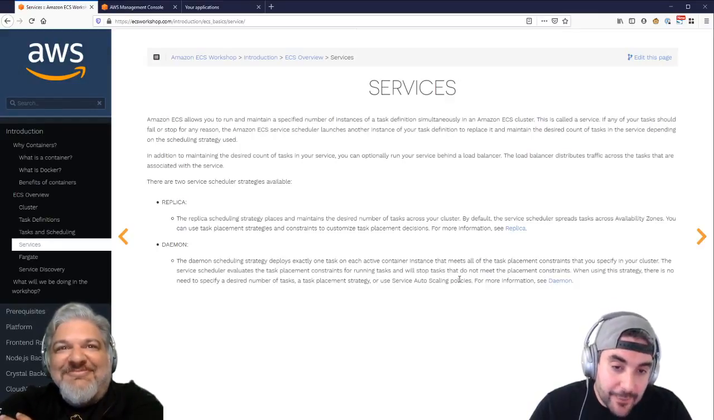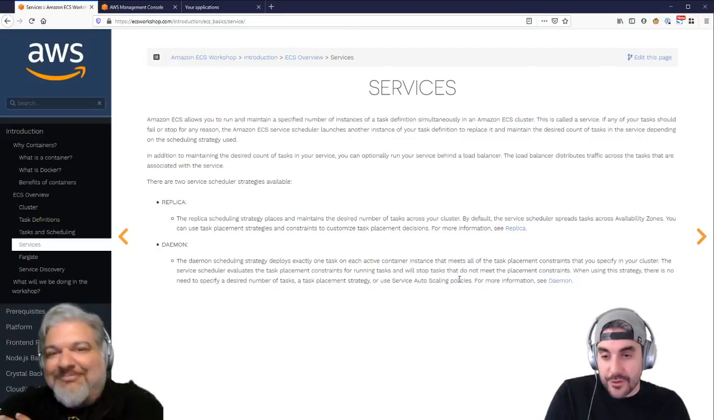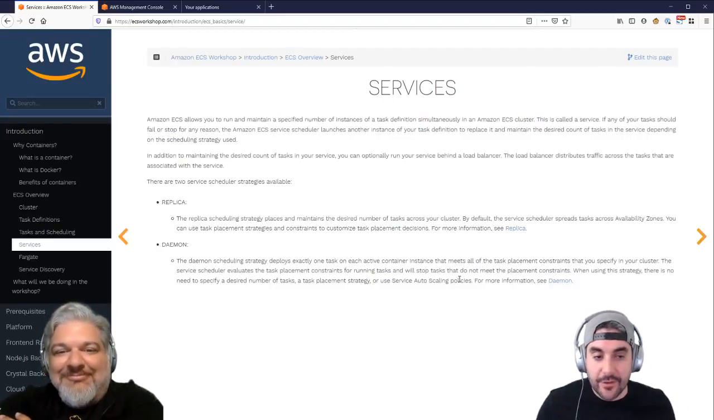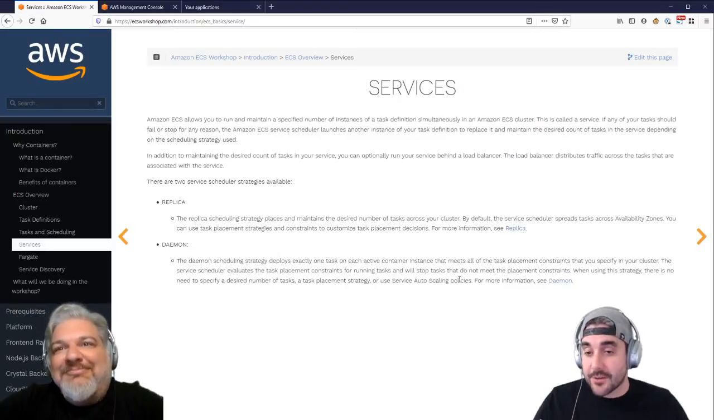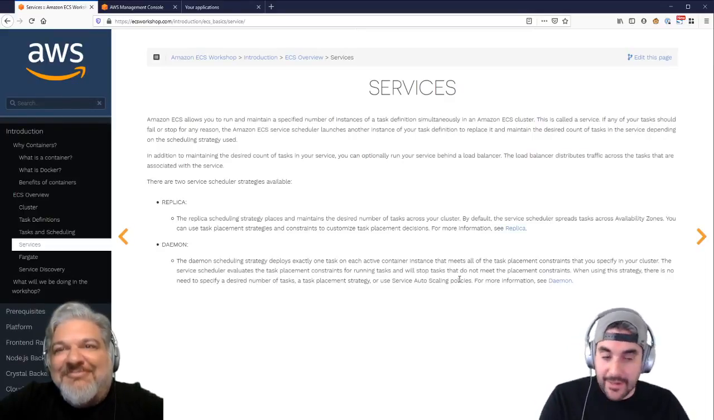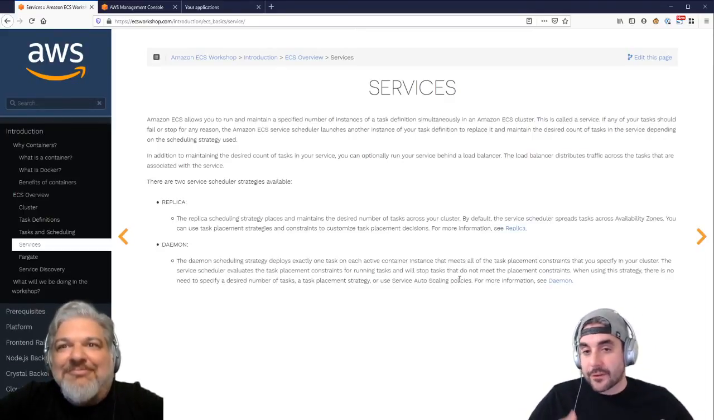And the last type of service you can run is a daemon service, which essentially says, I want one instantiation of this task running on every single EC2 instance that is in my cluster. So another example would be a centralized logging task, whose job is to take all the logs from journald and ship them